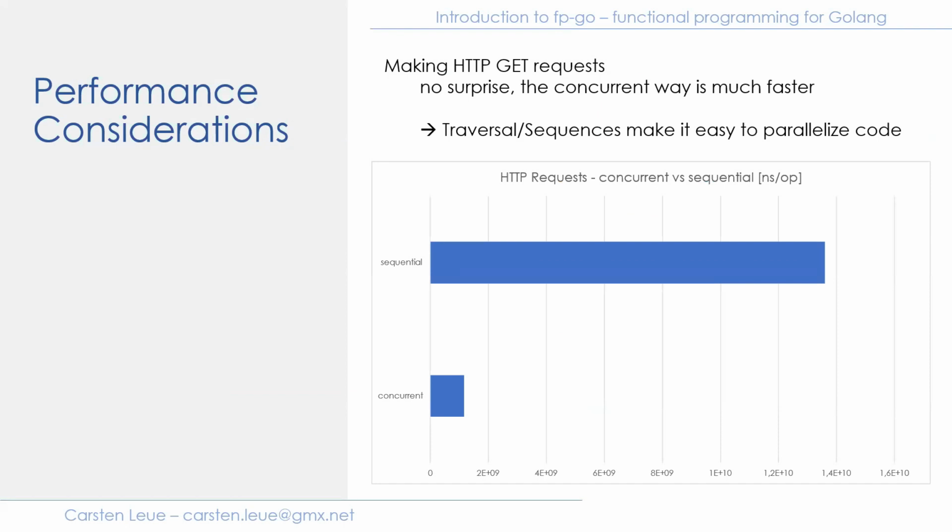And of course, it really shines when it comes to executing I/O operations, because per default, it does this concurrently. And of course, here I have another benchmark, tailored to show that example. Doing a sequential operation is, of course, much slower than doing it concurrently. But since it's so easy to implement it concurrently using the FPGO library with I/O operations, I would say that's one of the major advantages of using these patterns.